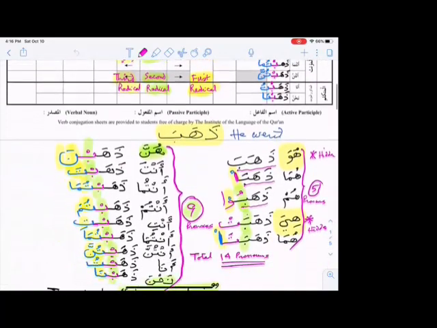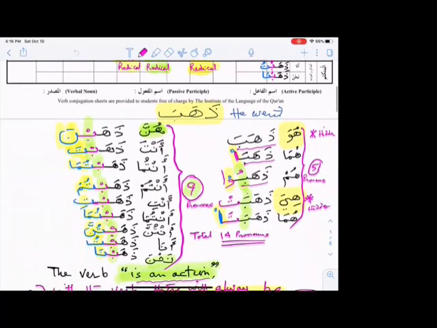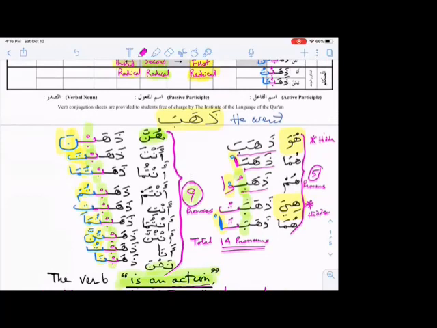Okay. See here, 14 pronouns. The 5 pronouns starting from huwa in sequence, otherwise we get lost: huwa, huma, hum, hiya, huma. We have zahaba, and then the lam kalima, the third radical, ba: fata, fata, dhamma, fata, fata. And starting from hunna, they change into zahab, zahab, zahab, zahab. You have to understand and memorize it so that when you are conjugating, you will never make a mistake, inshallah.